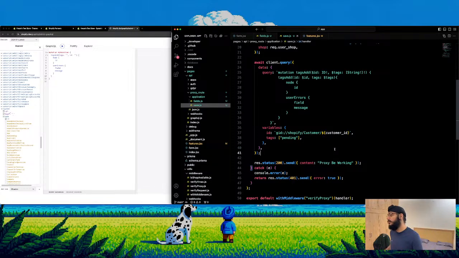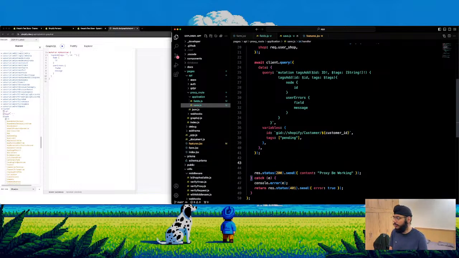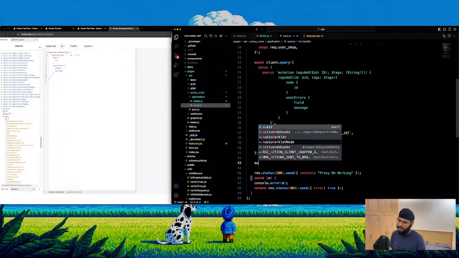This is so that tomorrow, if the merchant is like, I want to see a list of people who have submitted, but I haven't responded to their request, it's pending. Also, another thing is tomorrow, if I want to send an email to the people who are on pending tags, so you just submitted a form and I want to use Klaviyo, what I would do is set up a workflow where if the tag is pending, shoot them an email, right? And then add in a tag or whatever it is that you want to do. So adding that pending tag is actually really great because tomorrow, even if I want to query, I can be like, hey, get me all of the customers with the pending tag, right? So it could be